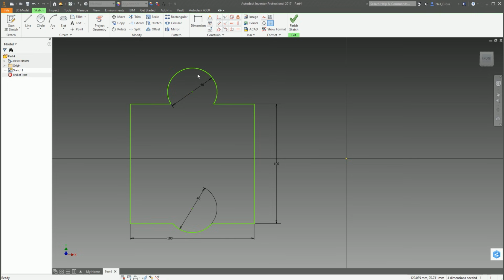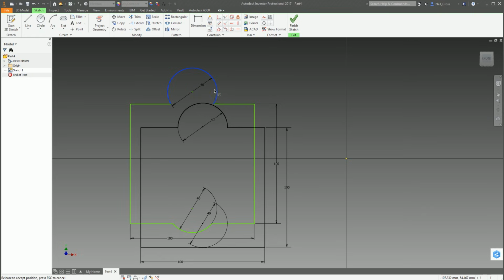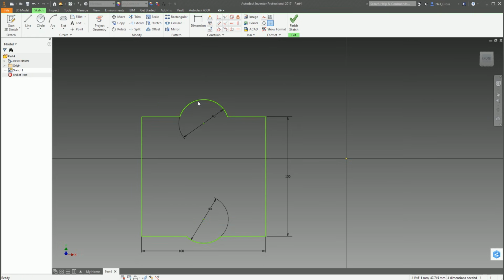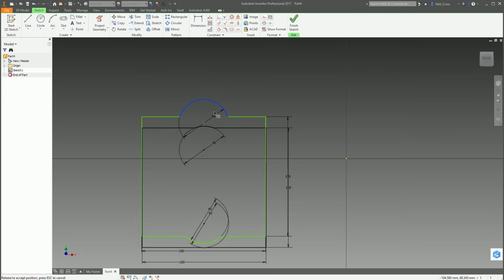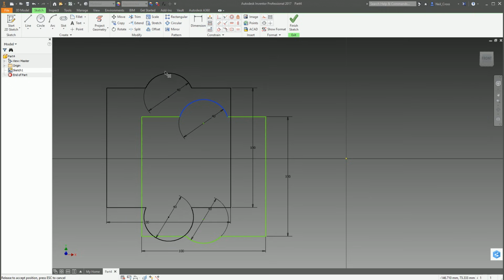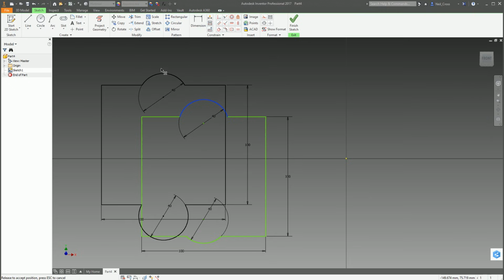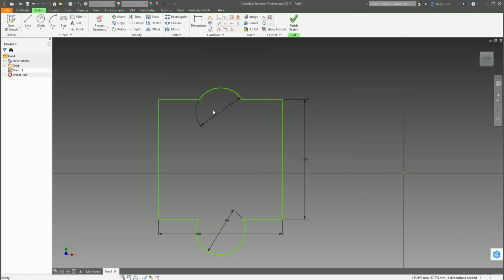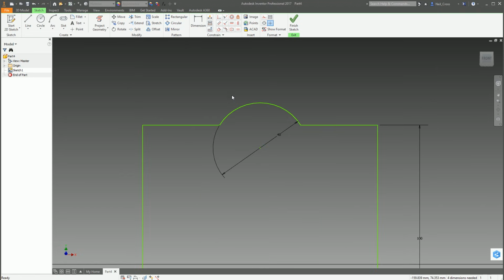So for example, the arc, you can see it's not completely constrained. It's in the right place, but it's free to move around. The center point of the arc isn't in the right place. So what we can do is say, right, I need this arc to just be a perfect, nice tangent arc coming out from the profile of whatever plate this would be. So I want this center point here to be in line with this top edge.